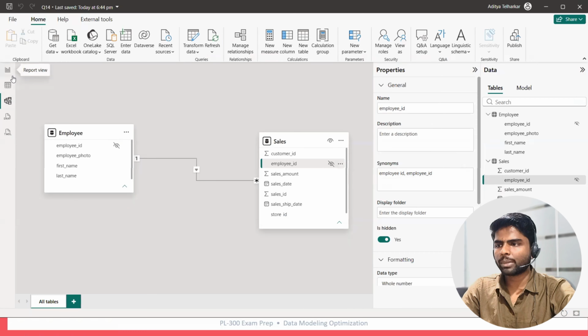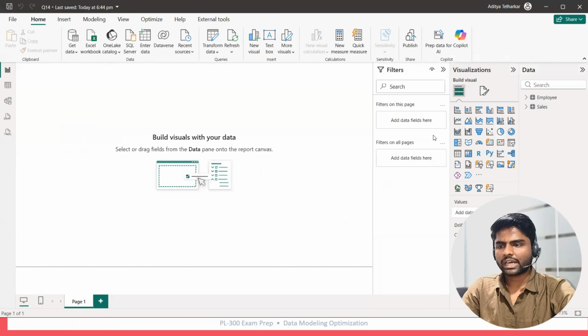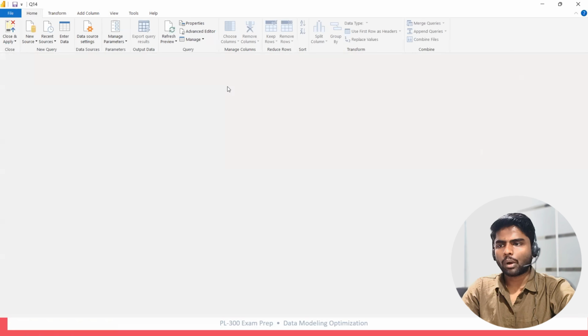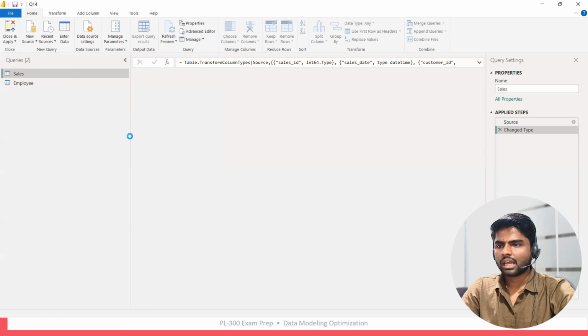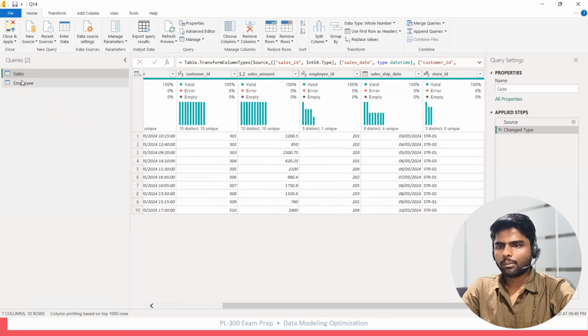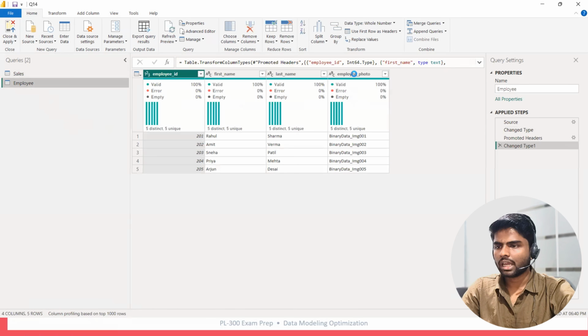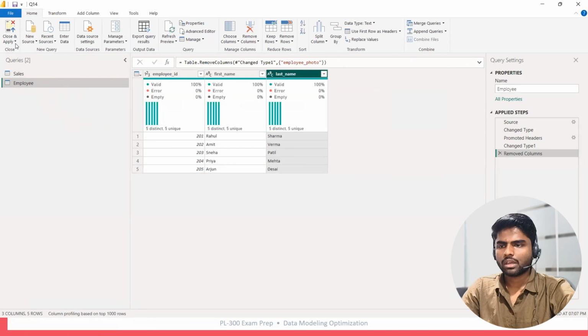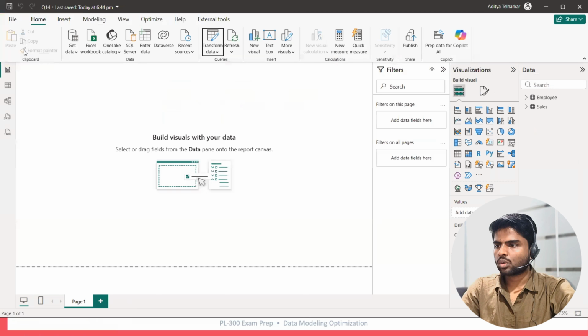So instead of keeping that column in our semantic model, we'll delete it. I will click on transform data so that Power Query opens, and I will find the employee photo column in the employee table. I will click on it and delete that column, and again click on close and apply.